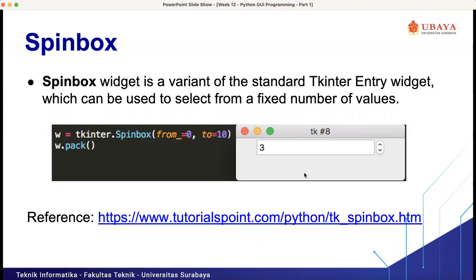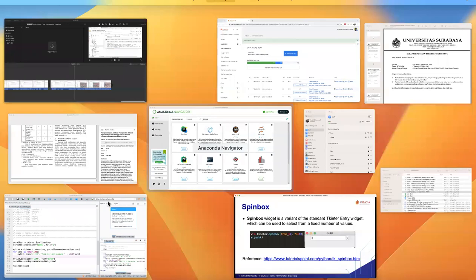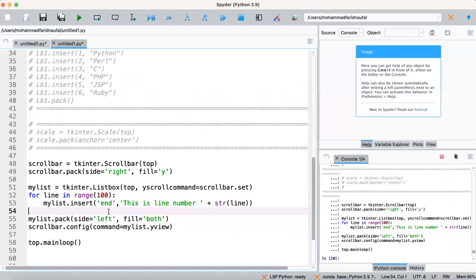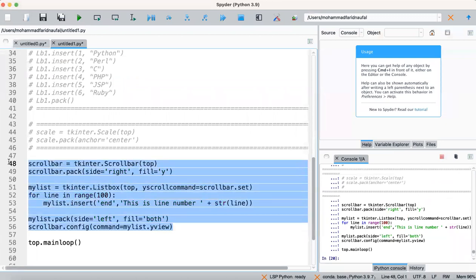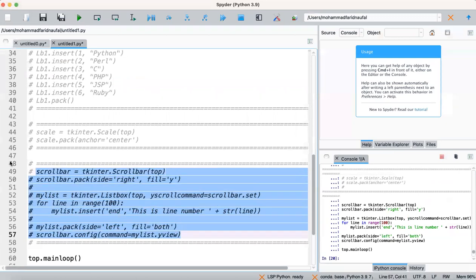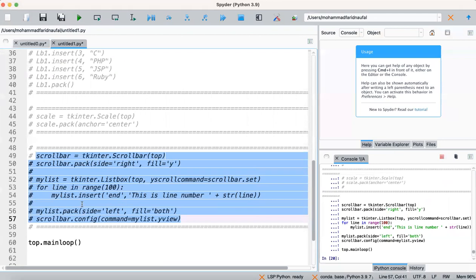We can also add the range, from 0 to 10. So the minimum value is 0 and the maximum value is 10. Okay, we can just try it in our code here. We comment our previous code.